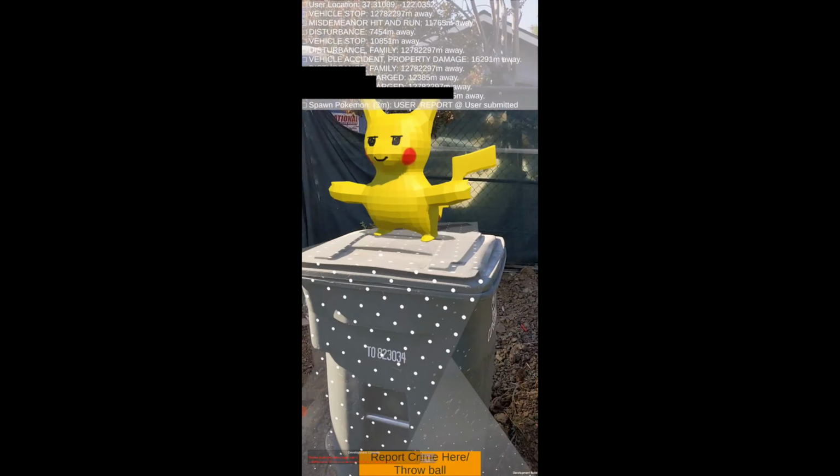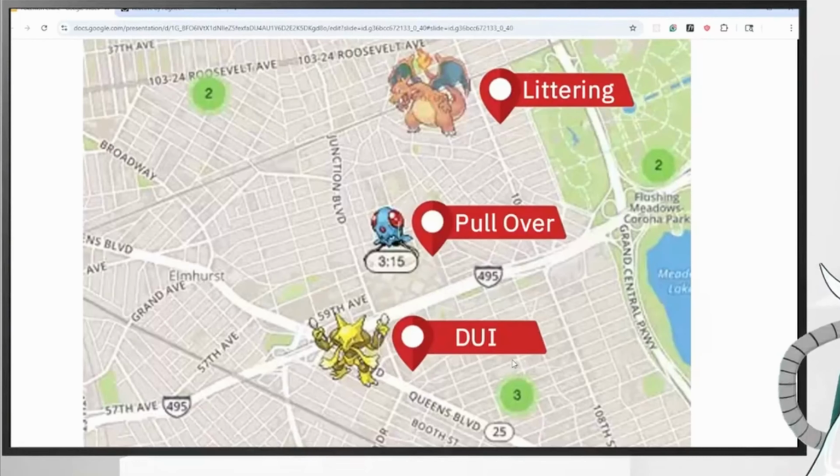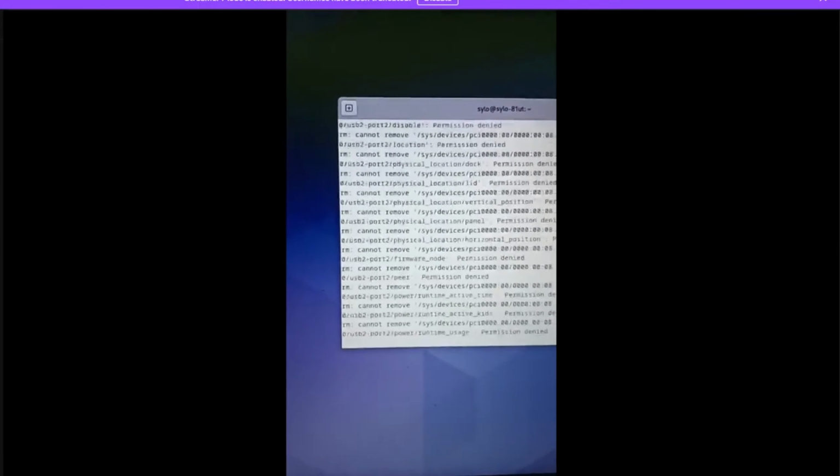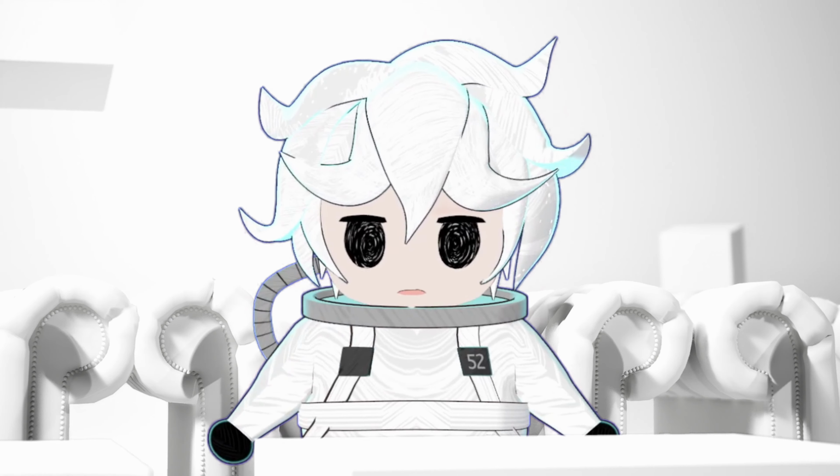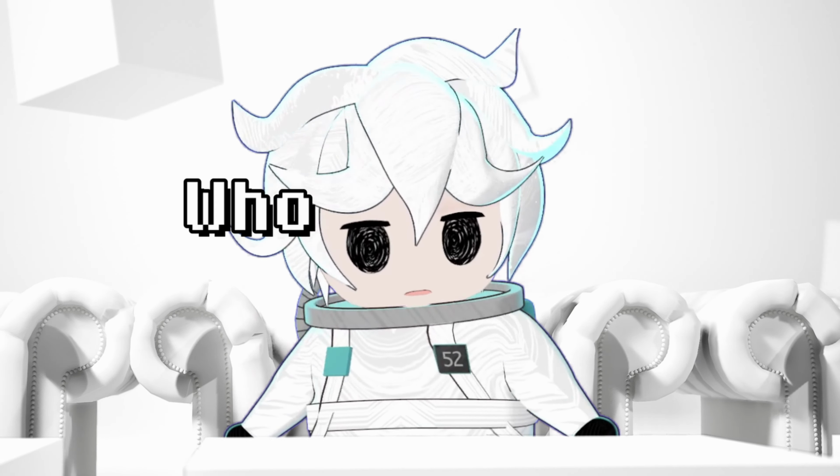This is Pokemon Go, but the Pokemon only spawn in active crime zones. And this is a roulette game, but if you lose, it deletes your PC's entire OS. This was definitely an experience of all time. And these are just some of the apps that we made in this episode of Who Can Make the Dumbest